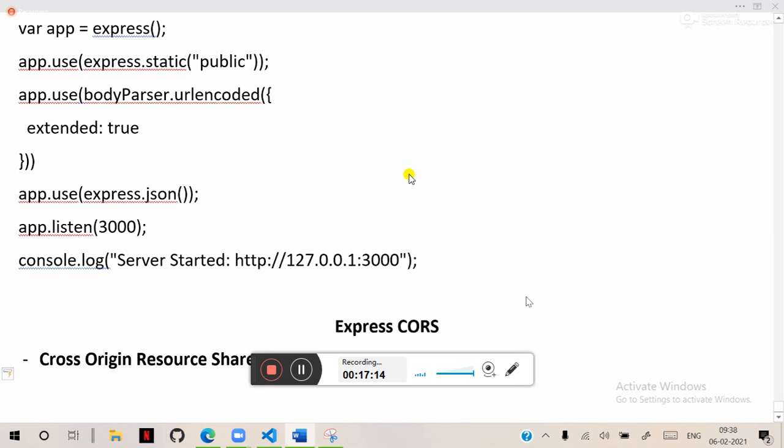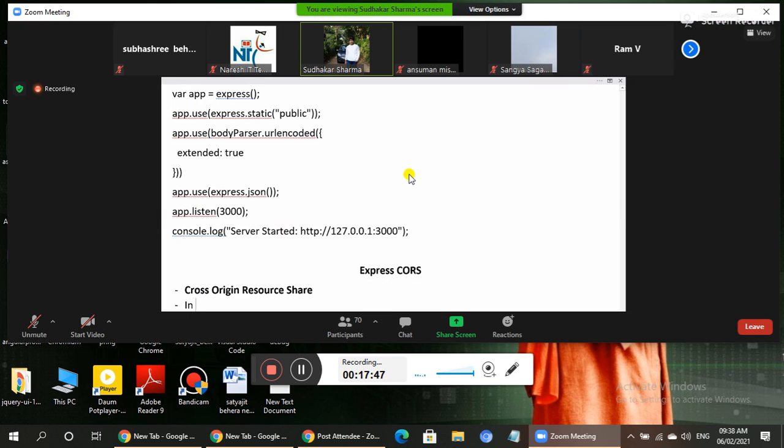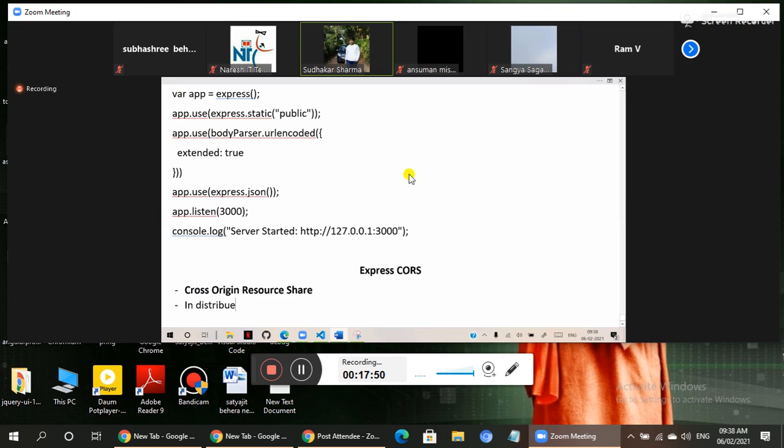So we need to allow access control origin. We have to allow the origin coming from various resources. That means the data coming from other resources may be blocked. So CORS is required to enable the accessibility. That means, in a distributed computing architecture,